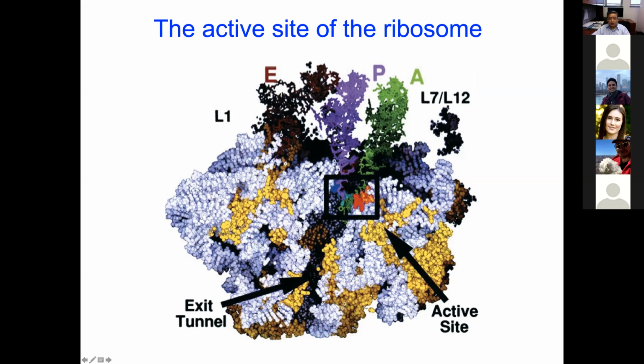So this is the 3' end of the tRNA at the P site and the A site. They are very close to each other. The large subunit brings them very close so that they can react with each other to form a peptide bond. Once the peptide bond is formed, the polypeptide chain, which is extended, will emerge from this channel. Eventually it will fold into a protein.